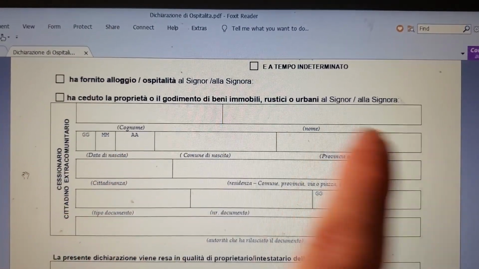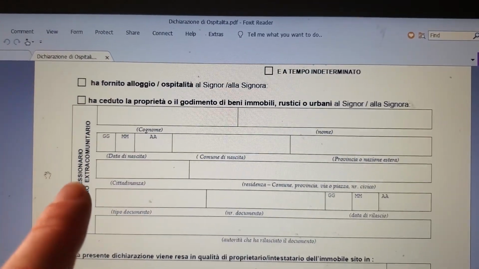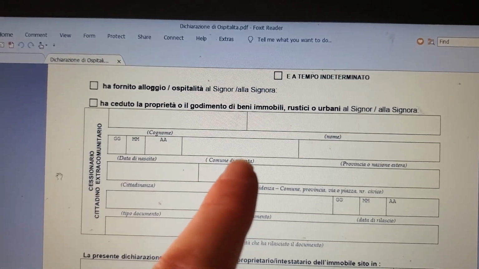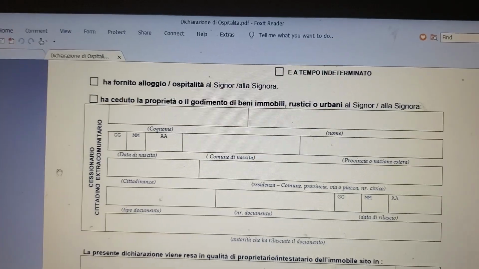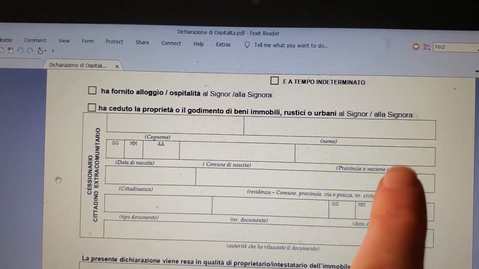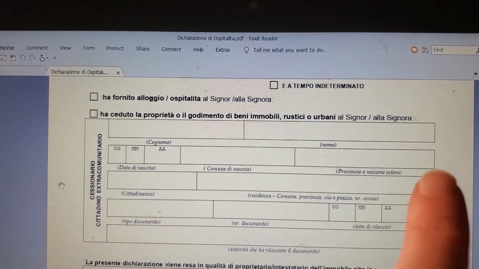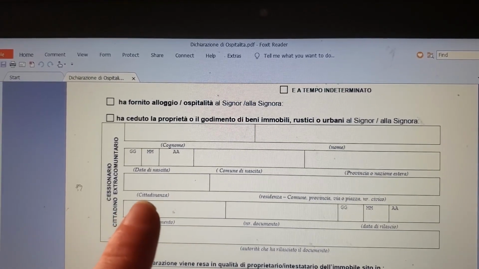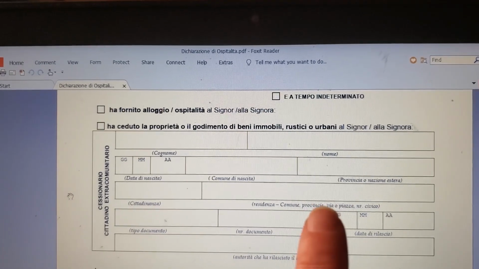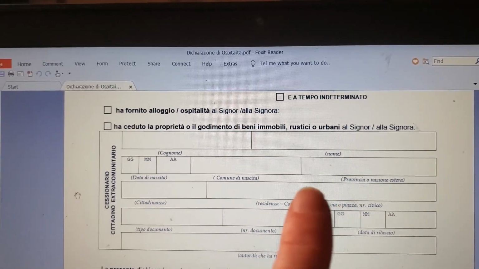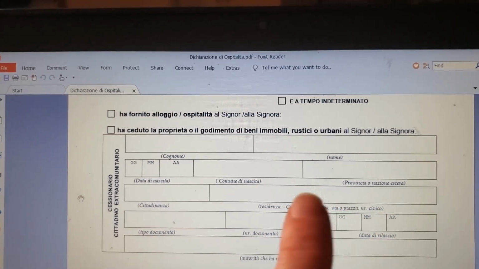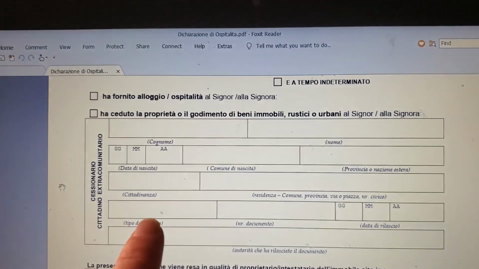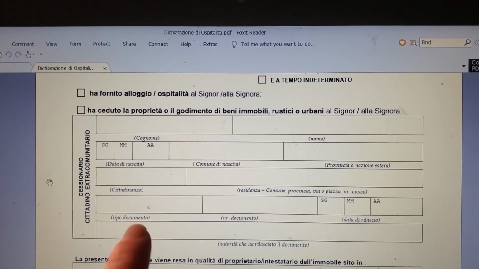Your last name, your date of birth, the town or city in which you were born, the province, so I put the state and then USA, and then citizenship, for me it was USA, and then my residency address. For me it was South Carolina. Put the whole address. My residence address is on my driver's license.